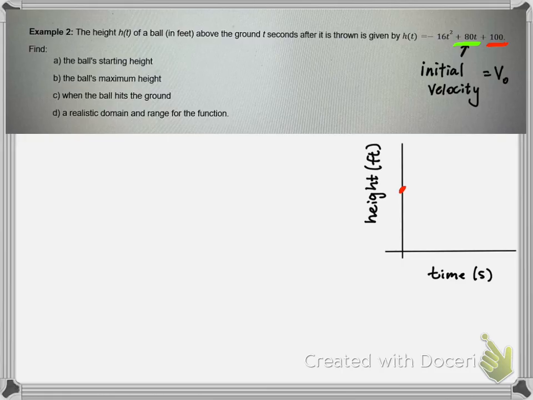We know our starting point is at 100 feet. So we could claim that that red dot, we know that coordinate is 0, 100. I'm going to move where it says height so I can write that in. So we know the red dot is 0, 100. And again, we know this parabola is going to go